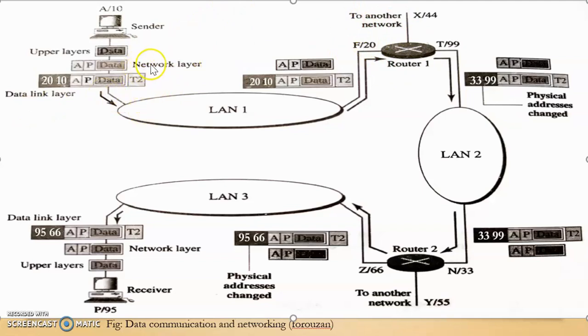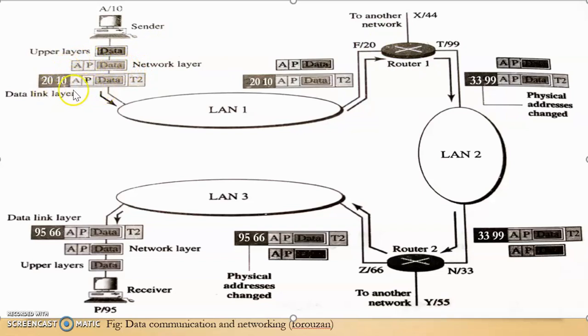Next, the ARP protocol, which we just discussed in the last video, is used to obtain the MAC address when the IP address is known. So it will be used to obtain the MAC address of the next hop, that is router 1, which has IP address as F. So ARP will find out that the MAC address of router 1 is 20. So then the network layer will pass the MAC address to the data link layer.